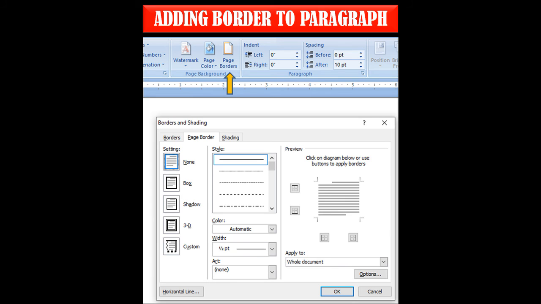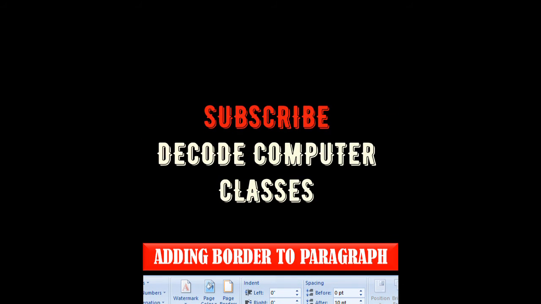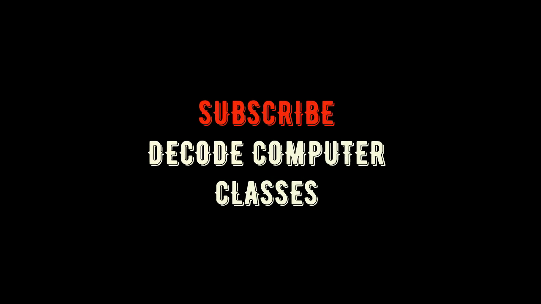And the other way is that you go to the Page Layout option, and there you can choose the Page Border option, and then you will also get the same dialog box on the screen, the Borders and Shading option. Here you can apply different types of styles for your border, coloring, and you can customize 3D borders also. So all these settings you can apply. So we have done the first part of this chapter, formatting a document, children.